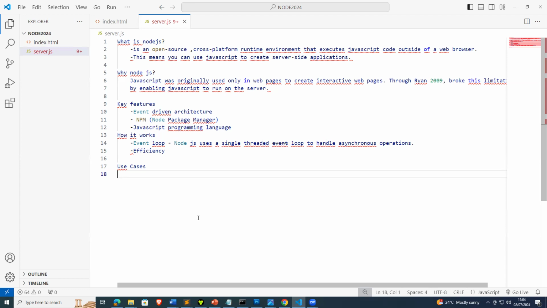Now, another use case of Node.js is real-time applications. Remember, we are talking about applications. Real-time applications are applications like chat systems, online gaming, and live updates. All these actually benefit from Node.js. So apart from the web applications and the APIs, we also have real-time applications,